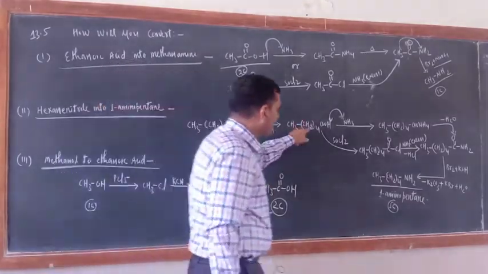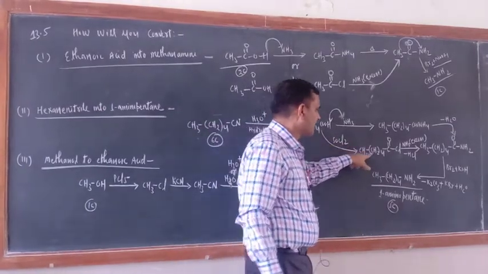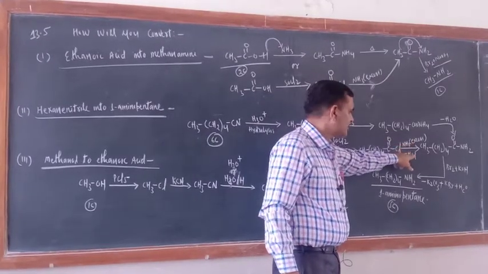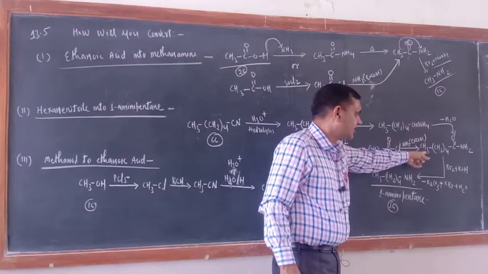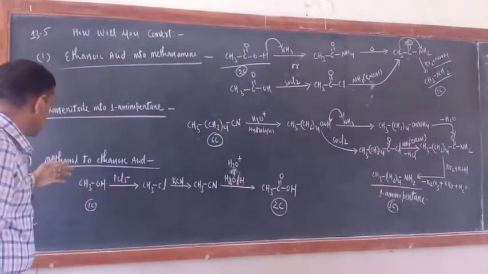One alternative path I also wrote. This is carboxylic acid, react it with SOCl2. Then you will get COCl. Then treat with excess NH3. Then again you will get the amide. Okay. So both ways, as you wish. Correct. Now this is very easy.